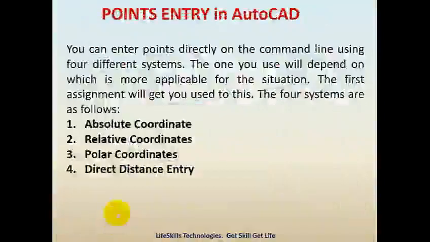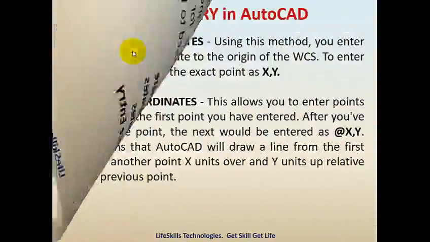Also in that class, I tried to explain four methods of entering points in AutoCAD, four methods of entry. So we have absolute coordinate, relative coordinate, polar coordinate, and direct distance entry. I ended the class on direct distance entry. Now we want to look at